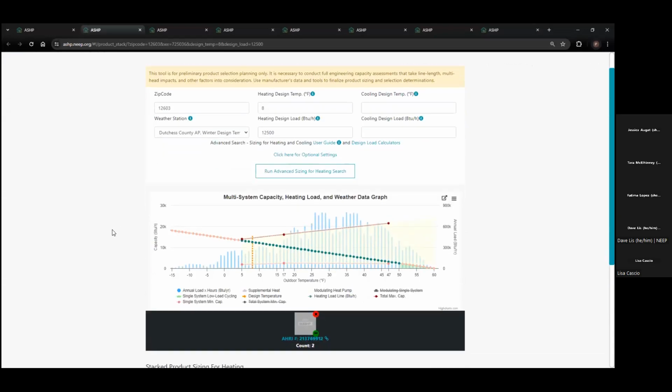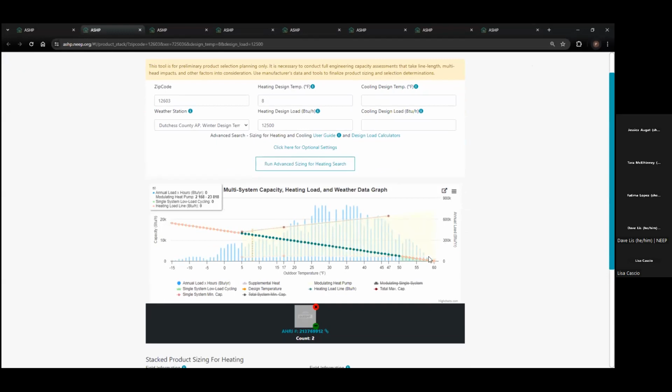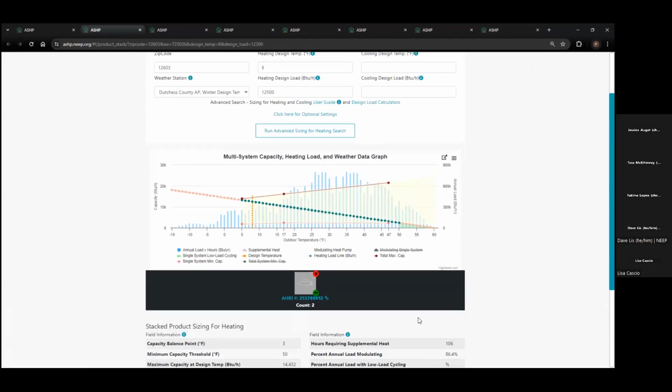And what that's going to do is create a new product sizing for heating page that will stack these 2 products together as if you're building a multiple compressor system. If you're installing one of these in the living room and one of these in the bedroom of this small 1-bedroom, 1-bath place that has a heating design load of 12,500 BTUs at 8 degrees Fahrenheit, how does this system operate? And we can tell it from here